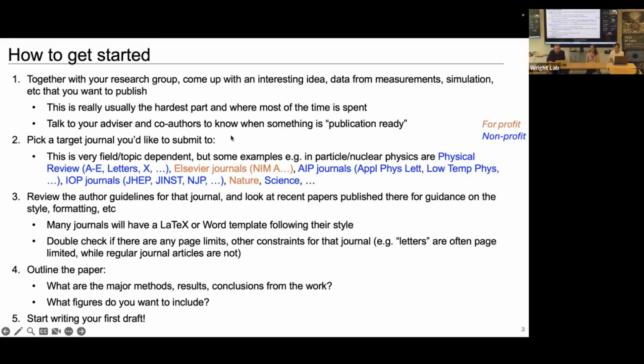Maybe the hardest part is just what is the thing you're going to publish in the first place? This is something you really do with your research group in your topic. Maybe you're already doing research this summer. You want to come up with some new contribution to that literature, something that people haven't thought about, or you're thinking about it in a new way, new analysis, data, something that you think would be a good contribution. This is really where you spend your time typically. As you're getting started, the best thing you can do is talk to your advisor, your co-authors, other people in your group to know what chunk of science is publication ready and publication quality in your field, right?